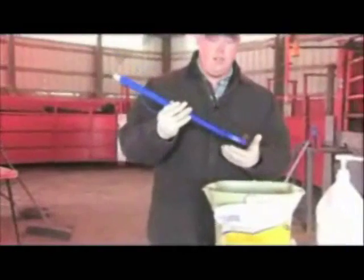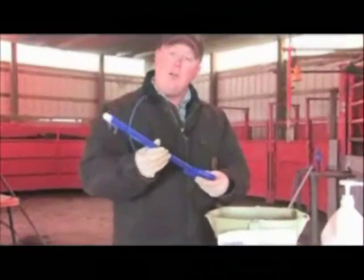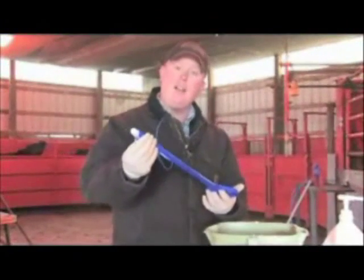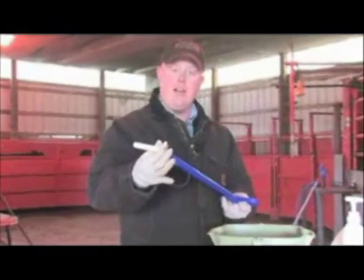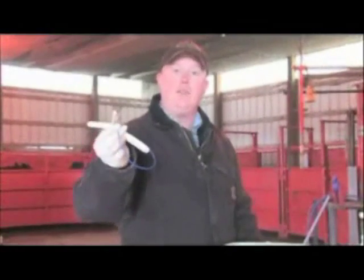Next, before inserting the CIDR into the cow, add ample lubrication to the CIDR and the CIDR gun. The way the CIDR works and stays in the cow is you insert the CIDR into the vagina at a slight upward angle. Once the CIDR is in place, depress the handle of the CIDR applicator, thus allowing the wings of the CIDR to expand, holding the CIDR in the vagina. Then remove the applicator, and the CIDR will stay in the vagina for the predetermined time that you want for